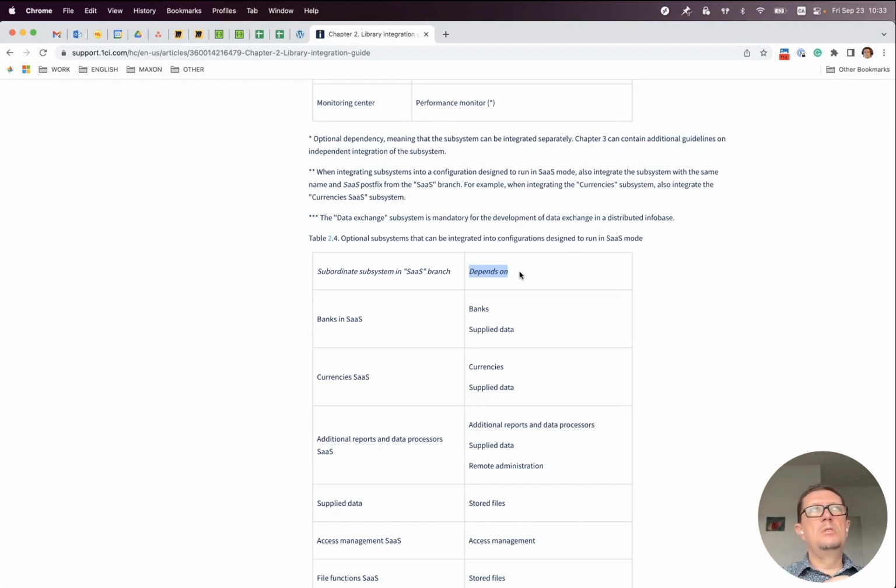And what it means is that you can have naming conflicts, because you, for example, already created catalogs or documents that have the same names as catalogs and documents in the subsystem library, and there will be a conflict. So this merge won't be successful.